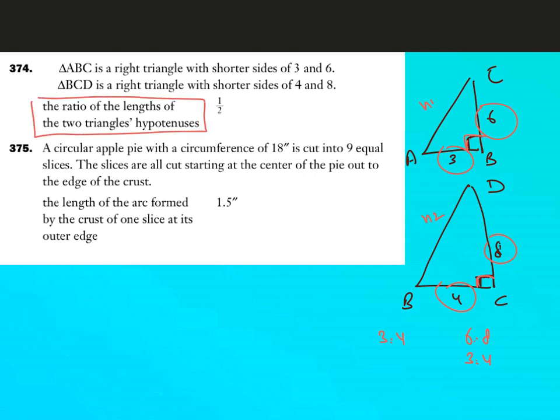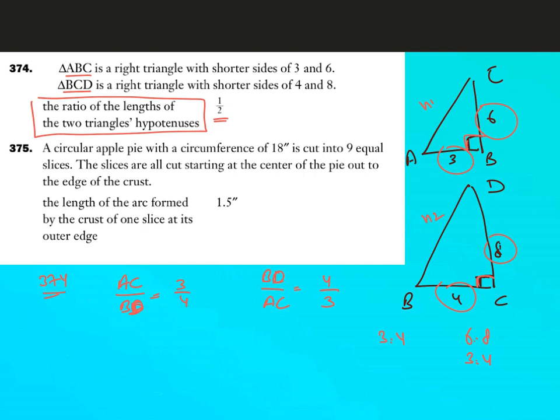Now that is the first quantity. They're asking us to find the ratio of the hypotenuse, and quantity B given to us is a fixed value of half. But the question is, they're just saying the ratio. So how do I know which triangle is first, which is next? There are two triangles. So let's try both possibilities. If I take AC upon BD, which means this triangle over this triangle, that would be 3 upon 4. If I take BD upon AC, I get 4 by 3. These are the two possible ratios for the given triangles.